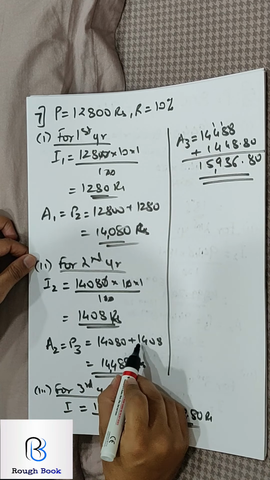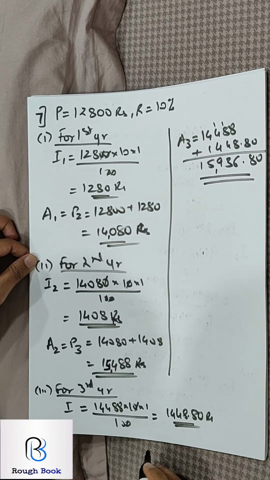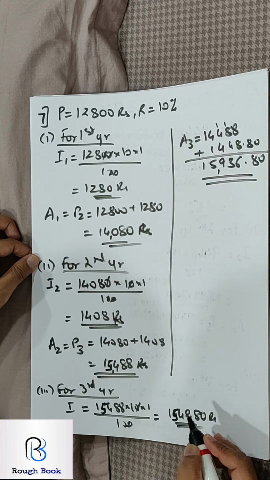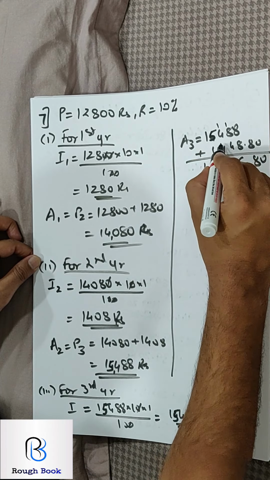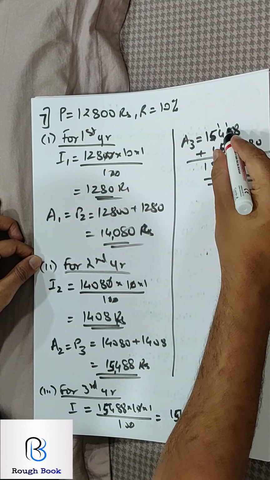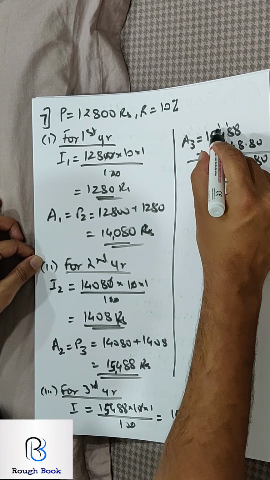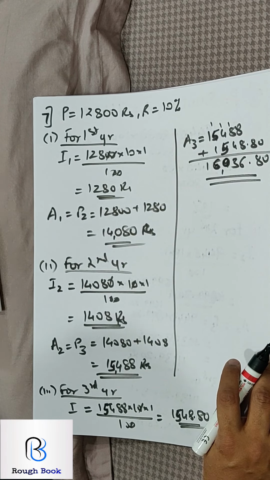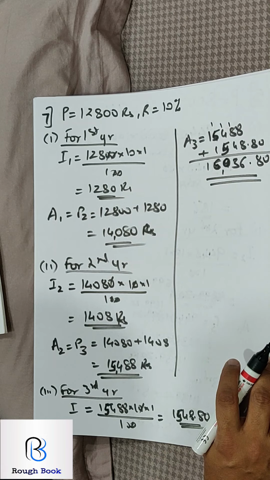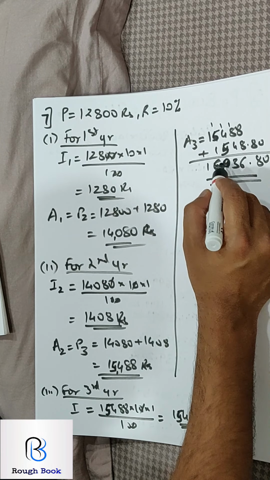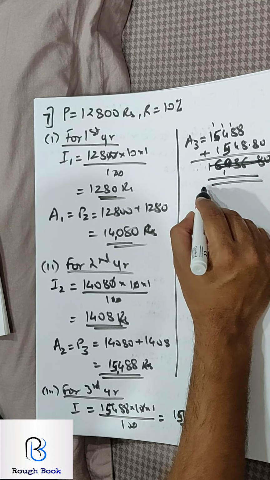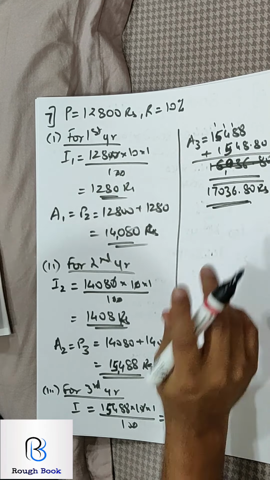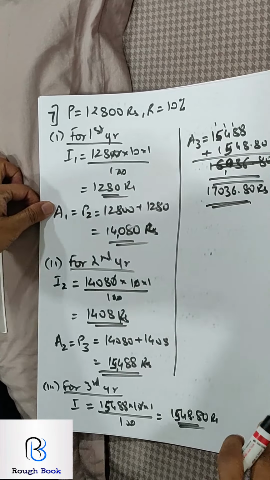This should be 4 plus 1, 5. So 15,000 and then 15,000. So this will be 1548. 15,000, 1548. So 8, 13, 1, 9 and 1, 10. So 1, and this will be 16,036.80. 9 and 1, 10, 1, 5, 6 and 1, 7. So sorry, 17,036.80 rupees. Yeah, I'm not removing any of the errors from the video.